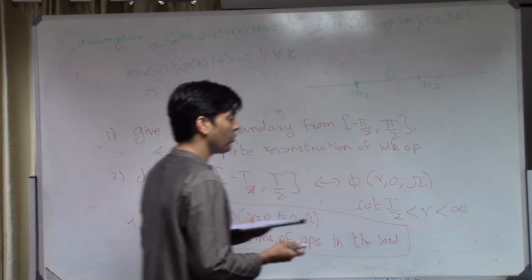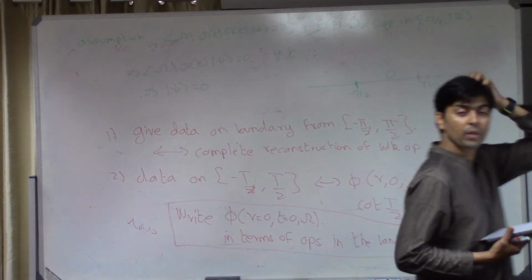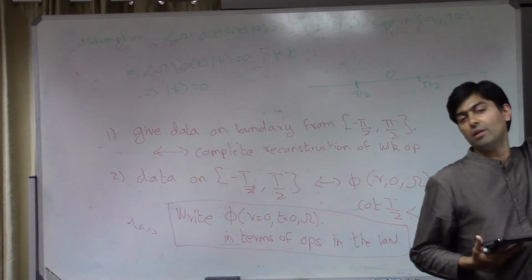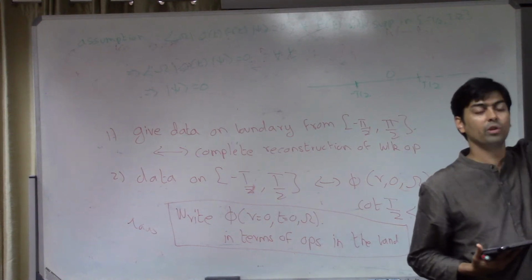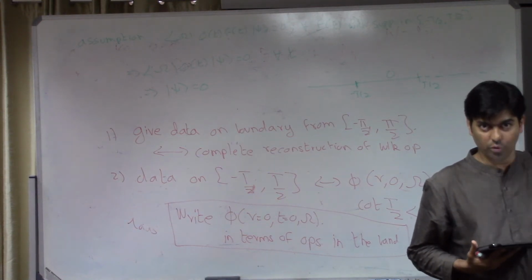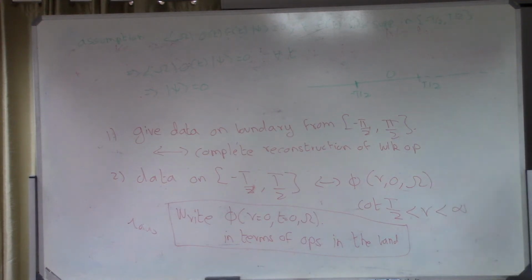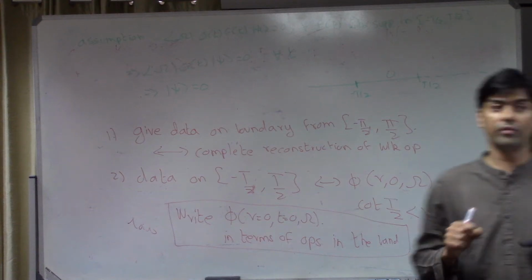Sometimes this statement is colloquially stated by saying that you can create the moon in Alpha Centauri by acting with an operator in this room, and that's true. If you allow me to act with arbitrary Hermitian operators in this room, I can indeed do whatever I like. I can use the entanglement of the vacuum to create the moon somewhere else. This is not by itself a violation of causality, and it doesn't require anywhere the notion of gravity.